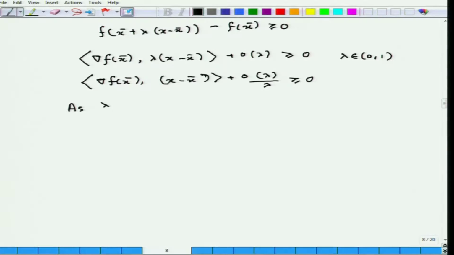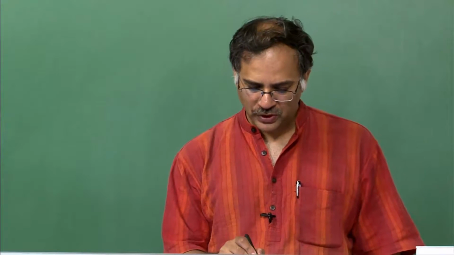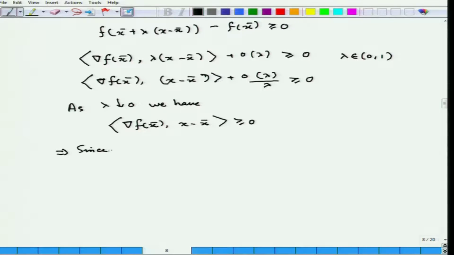So, as lambda goes to 0, we have... Now you see this is true for any arbitrary x in C I have chosen. I have not chosen any particular x in C of particular structure, just an x in C. So, this would imply, since x is arbitrary, x an element of C, this above condition